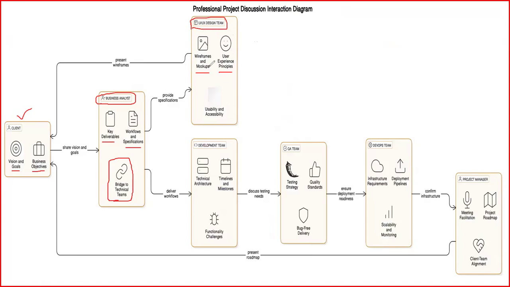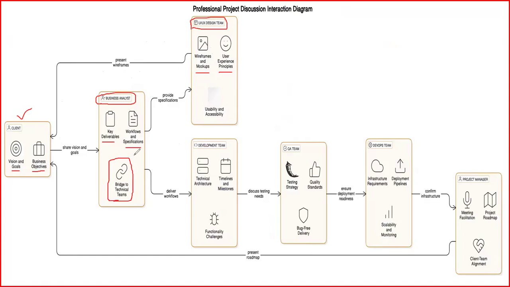Once after designing the particular flows and user interface details, this UI UX team will inform the client regarding the development process. Whatever they have developed, they will show those inputs to the client and get some feedback on them from the client. Once the client says I'm okay with everything, once the client is satisfied with the user interface, then immediately